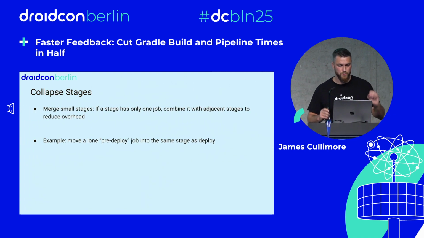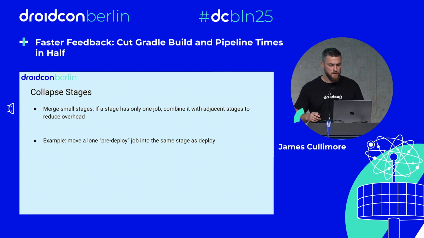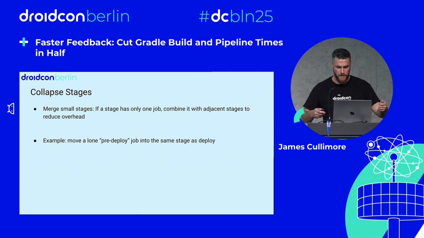One thing I've seen a few times is teams splitting their pipelines into lots of small stages, each running only one or two jobs. By default, stages run sequentially. Each one waits for the previous to finish before starting, but many of these jobs could actually run at the same time. It's much faster to see both the linter and tests fail together than to fix the linter, push, wait for feedback, then discover the tests fail, fix them, push again, and then wait once more.